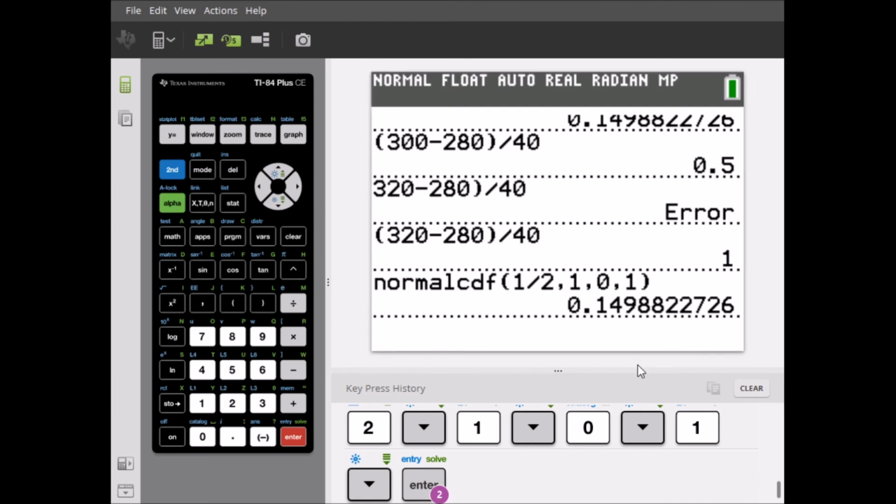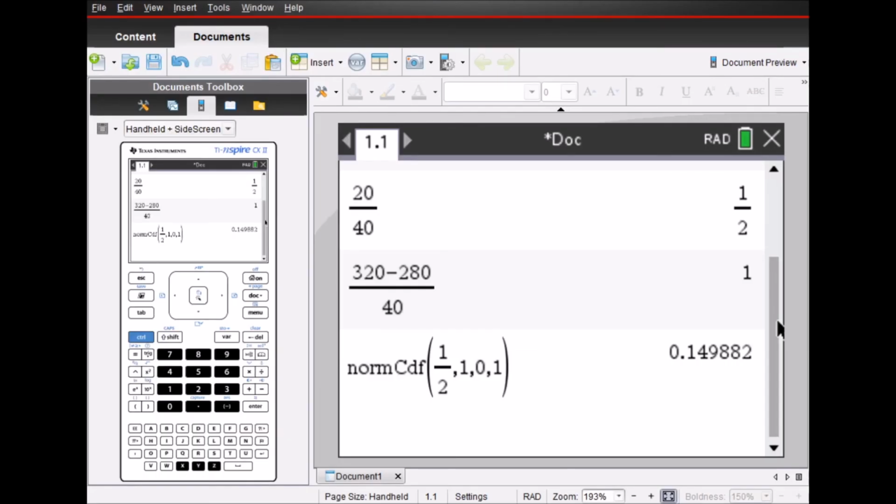So in summary, normal CDF or NORMCDF works really well when you have a normal distribution and you're looking for a probability under that curve. Another really good use for NORMCDF is when you are dealing with proportions. Some of you might remember that whenever we're dealing with proportions, we are using the z distribution still, which probabilities are found using NORMCDF. So let's say, for example, that you are looking at a population where 55% of voters